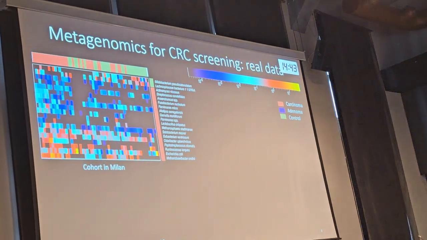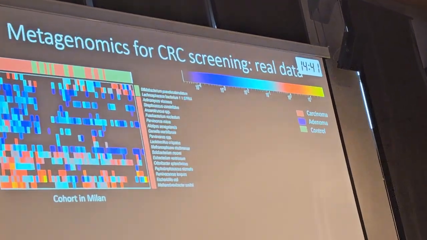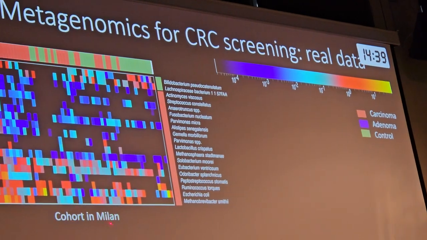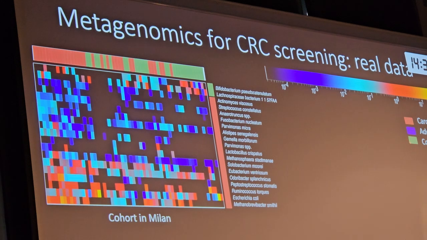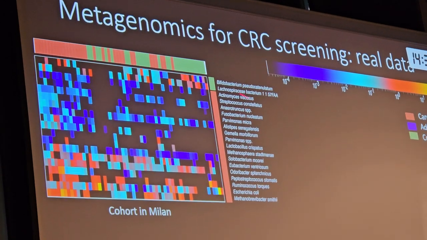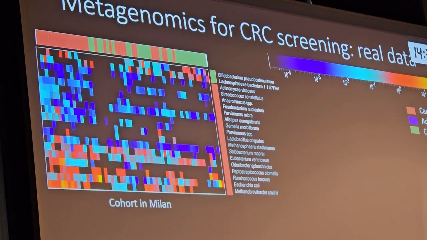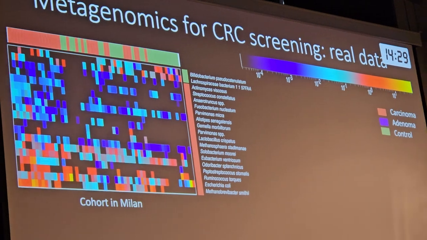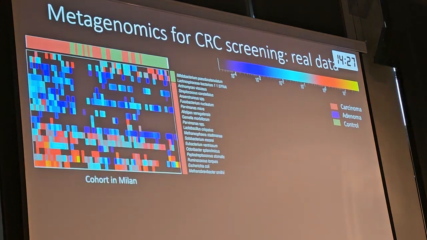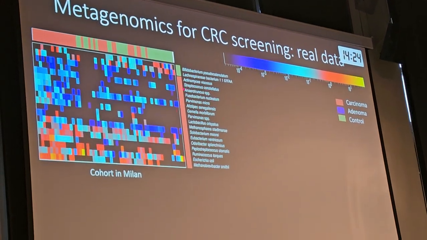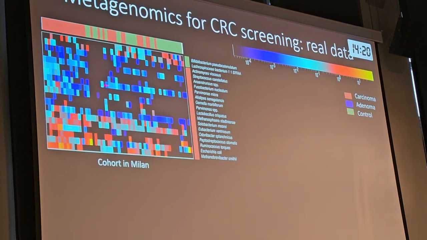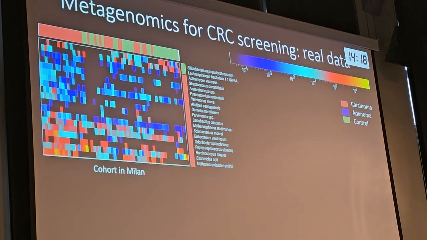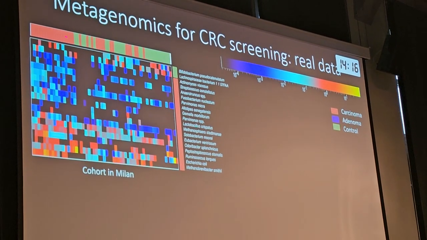And if we apply this to CRC, a while ago we sequenced a cohort in Milan here with, as you see from the legend here, CRC and control individuals. Up here, there were no adenoma in this case. We did cross-validation within the cohort to try to see if we can use the microbiome species here, that you see the relative abundance encoded with the color code here. If we were able to discriminate